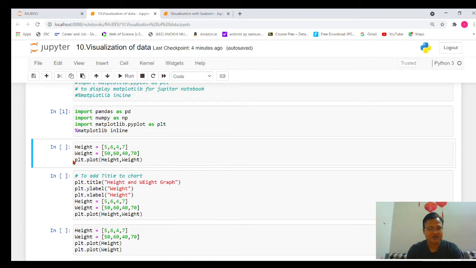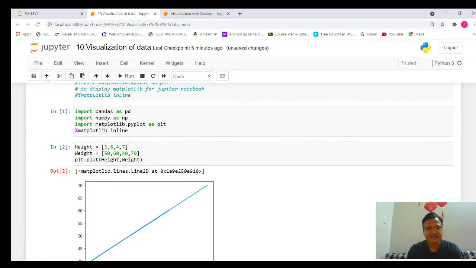So what command will we write? plt. plt is the nickname for matplotlib.pyplot, and we will use the plot function. In the plot function, height comma weight, that is x comma y, and let's execute it. And you can see the line has been drawn.